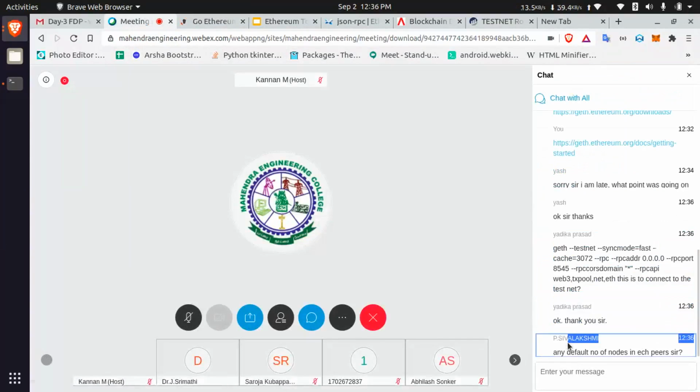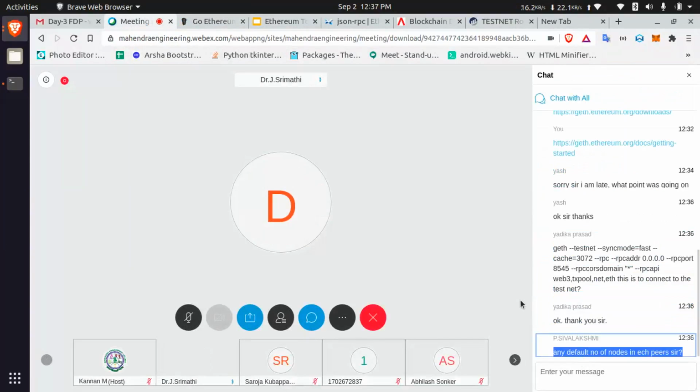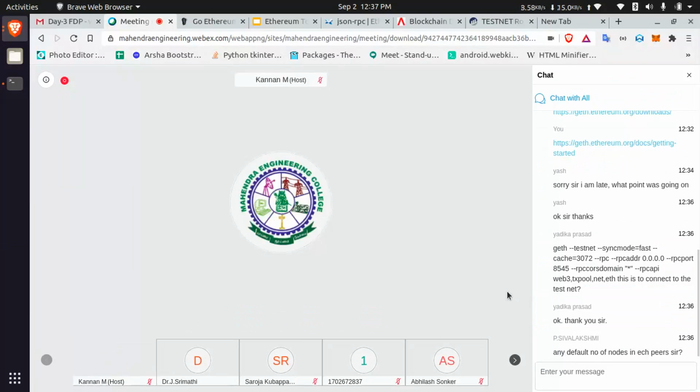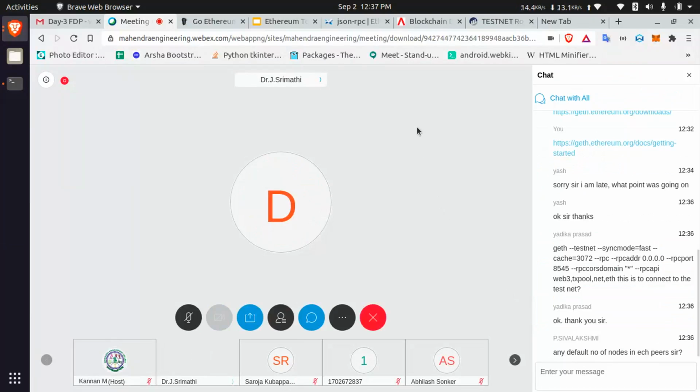I want to take the development tools also when I am running the exe file. Yes, while running the exe file, it will install Git. After that, you can access Geth, so Geth and development tools.